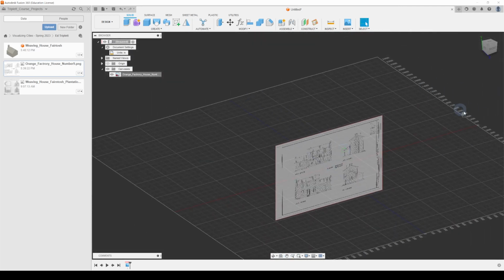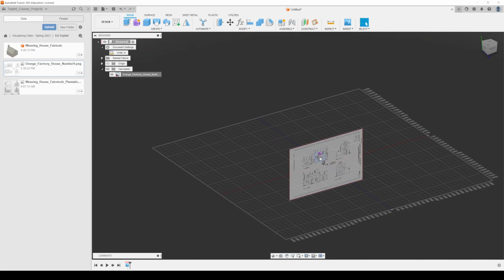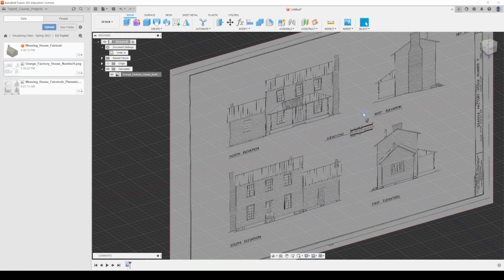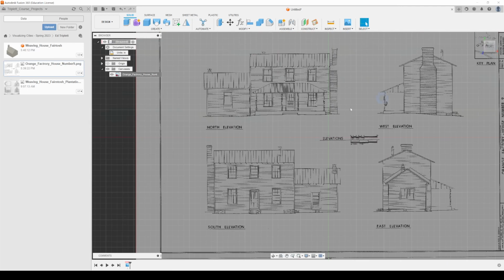Now where you can see, since we're in inches, these are really high numbers. The next thing I want to do is just move this image of the north elevation so that the bottom kind of matches the bottom of the image. So if I hit front like this, you'll see there's a bit of a pale red line here. That's the bottom. I'm going to move this right here down onto the bottom just so